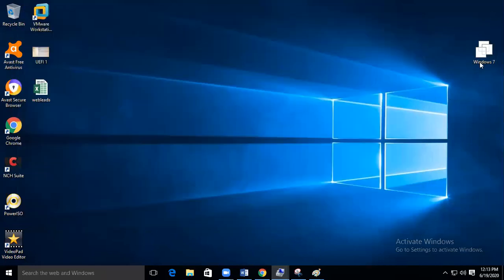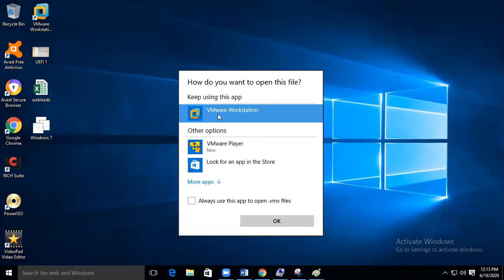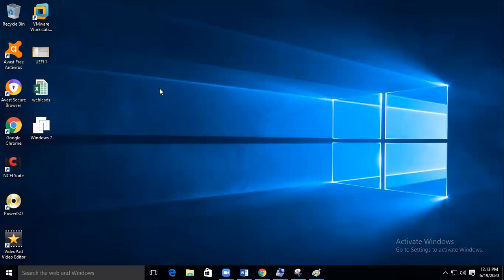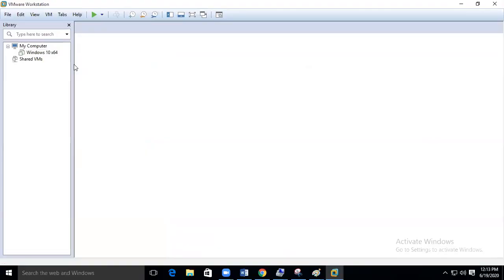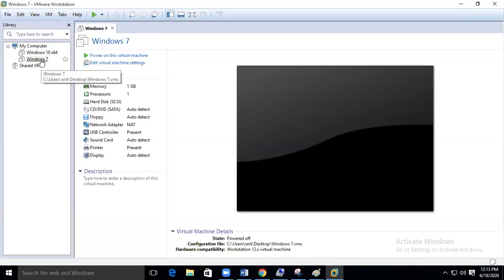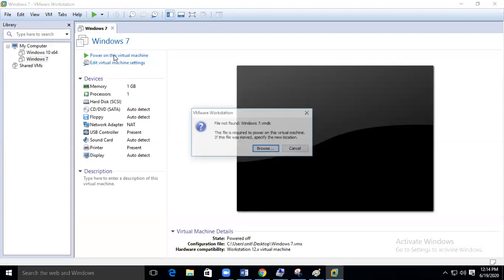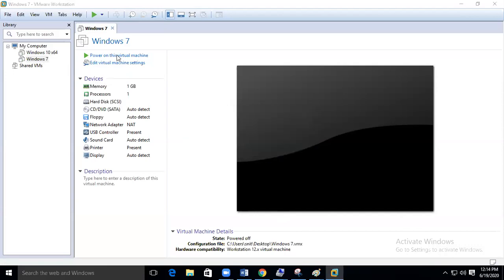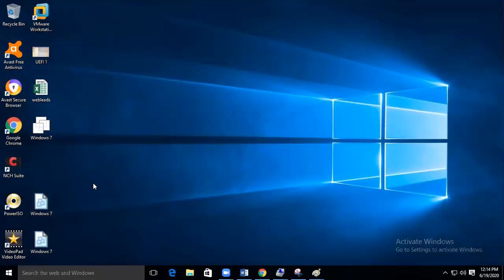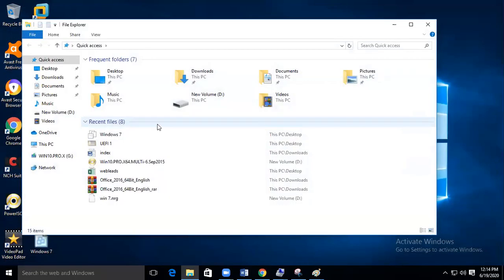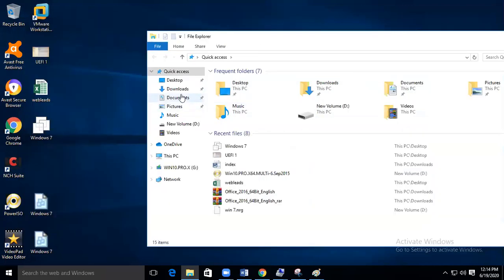Let me put it on my desktop, or directly I can double click over there. Open in VMware. Then you can see Windows 7 normally after installing. You can click here. Sorry, if I drag it now, I think the original file came out. Where is it?